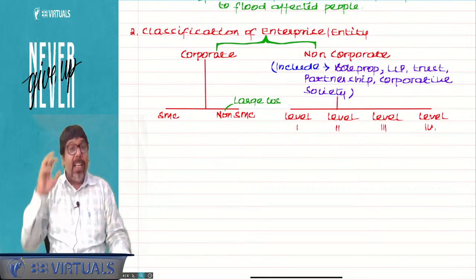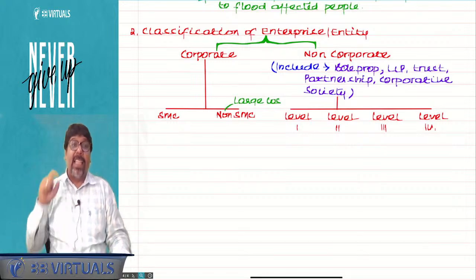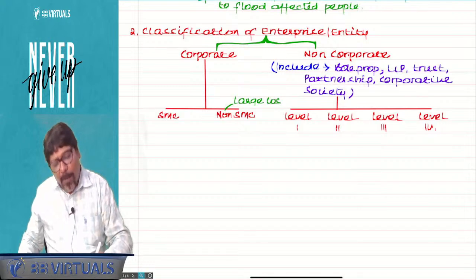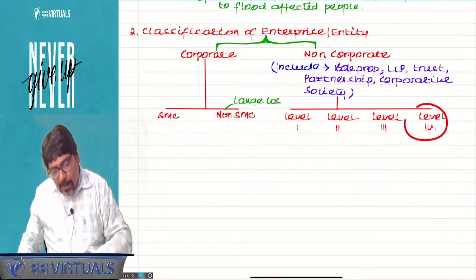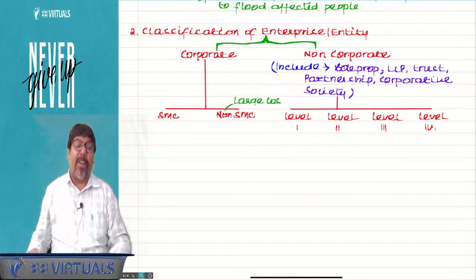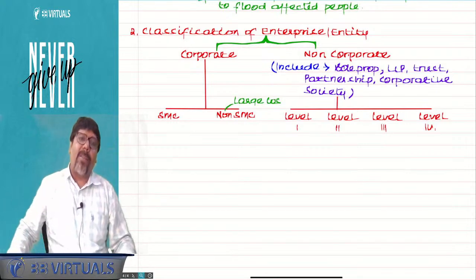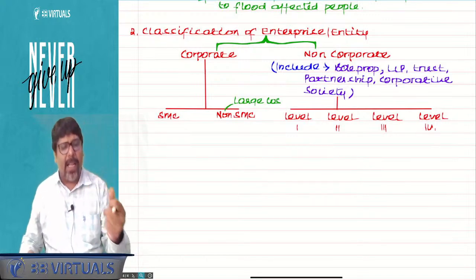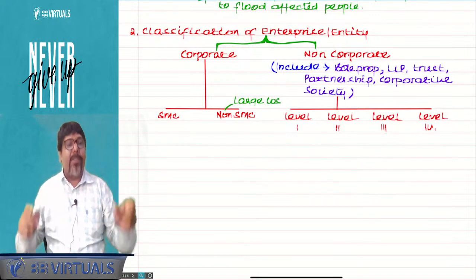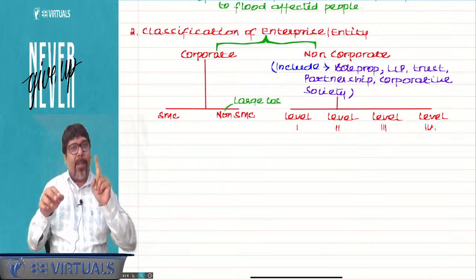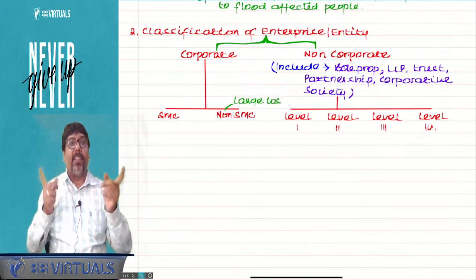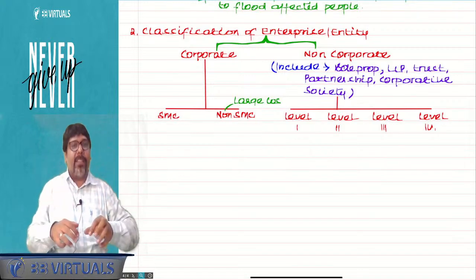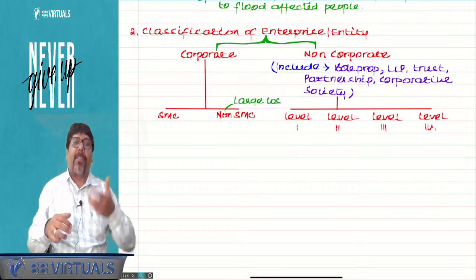Am I clear? Now the doubt arises, chartered. The doubt arises, sir, what is SMC, what is non-SMC, what is level 1, what is level 2, what is level 3, what is level 4? That is the first doubt which comes into your mind. And the second doubt that comes to your mind is, sir, which standards are applicable and which standards are not applicable? Am I clear? Yes or no? So now you understood, is it applicable on owner or organization? Organization. Which types of organization? Which are involved in CIB. Those organizations are bifurcated into which parts? 2 parts, corporate and non-corporate.